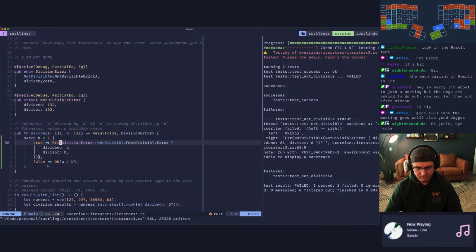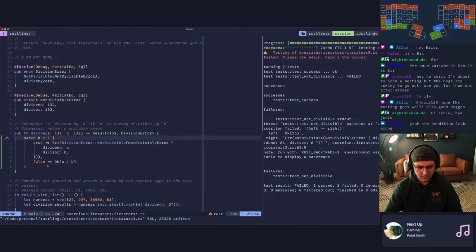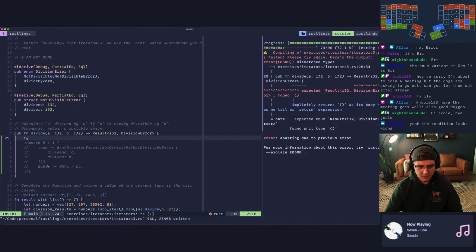I see. I see what I did here. Okay, so I just didn't read the requirements. So we'll say if A, where's my modulo key? That is going to be there. B does not equal 0.